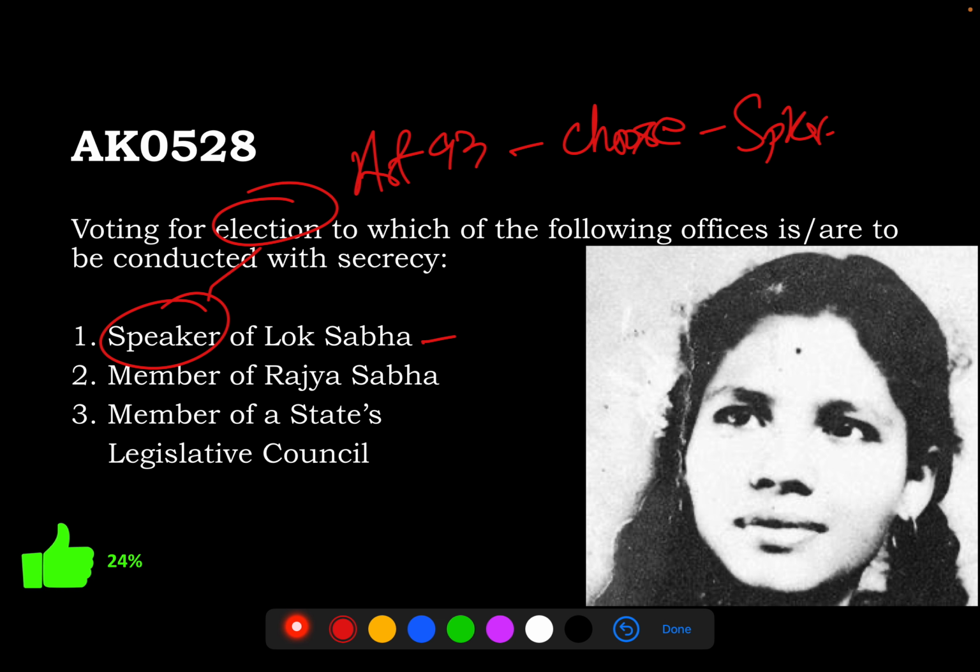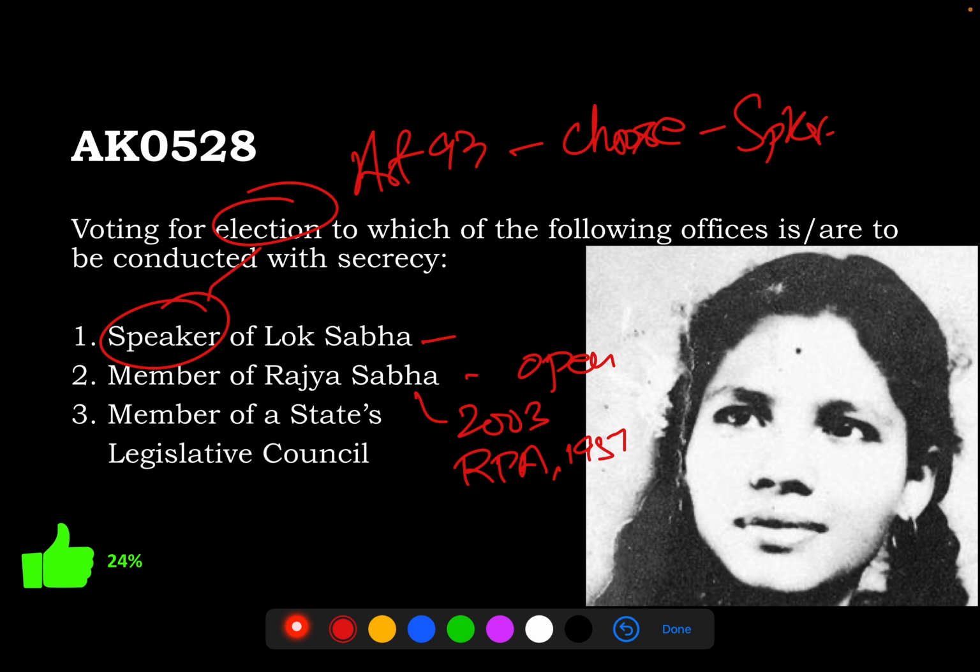Second one says members of Rajya Sabha. Since the 2003 amendment of the Representation of the People Act 1951, the election is now open ballot for Rajya Sabha, where one member of the concerned party is allowed to see the vote by the MLAs of that party. This change was brought because corruption was undermining the fairness of the proportional representation system. And if you have been reading the newspapers carefully, recently when the Rajya Sabha election took place in Haryana, some party found their members were cross voting, as it is said. So they took disciplinary action against them. Anyway, so that is open ballot.